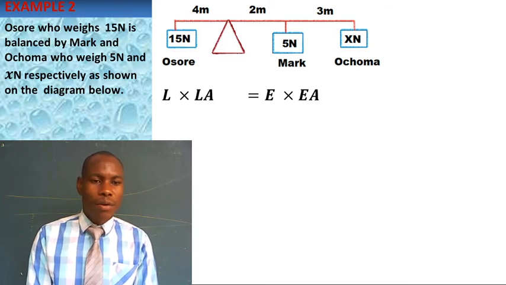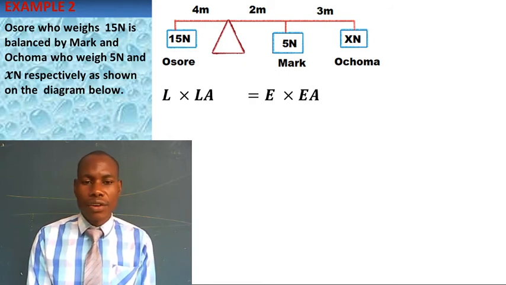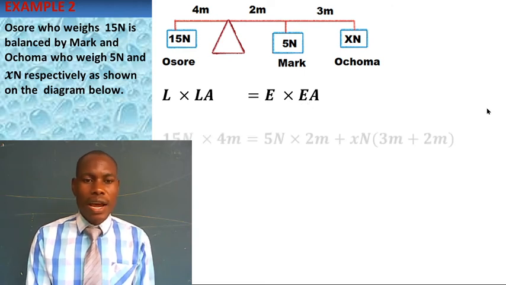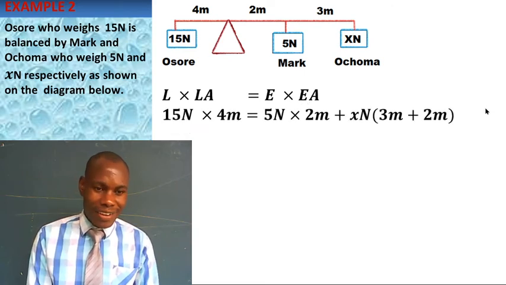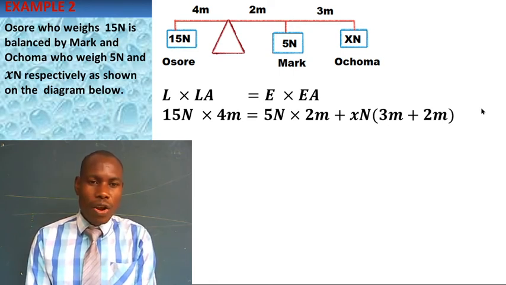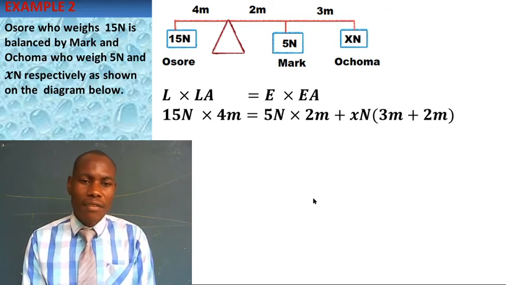law of moments, which says that the load force times the load arm is equal to the effort times the effort arm. Is that okay? Now, what shall we have, dear candidates? Okay, well, sit upright. What is our load? Let Osore be our load, okay? He is having